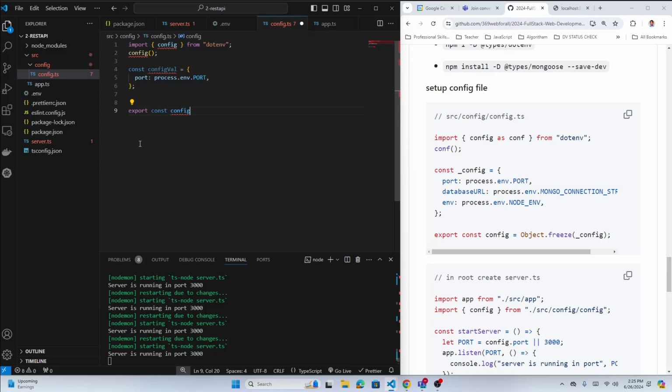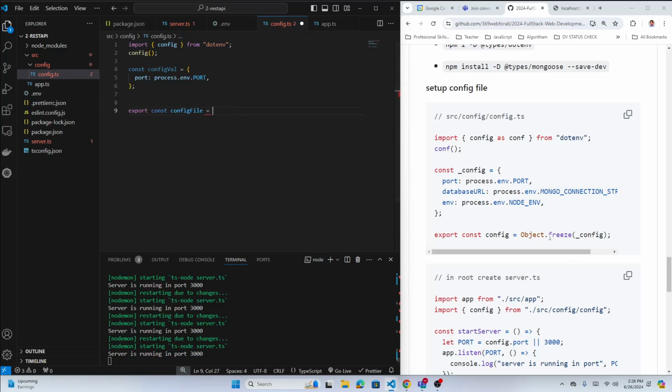So let's change it a little bit. Let's call it config file, equal to